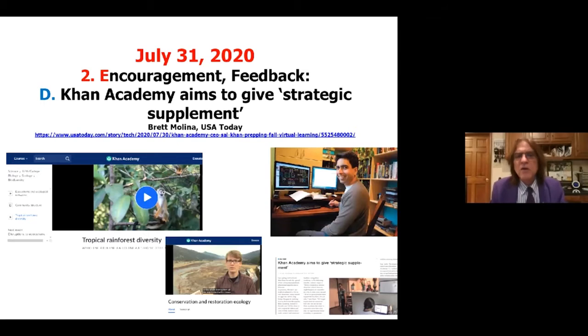Encouragement or feedback, also the Khan Academy. The person there on the right, his name is Salman Khan. He developed the Khan Academy to train young students in math, geometry, algebra, English, finance, physics. Almost everything is free at the Khan Academy. Bill Gates from Microsoft gave him a lot of money to create it.